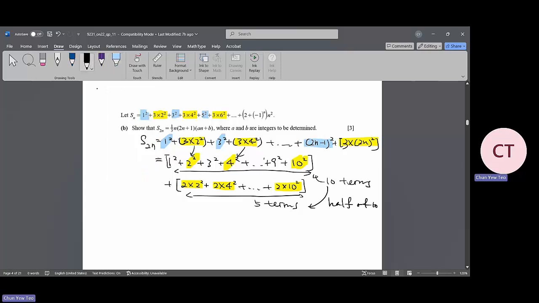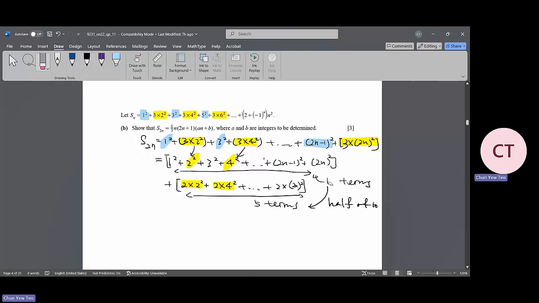Then if we follow the same pattern like just now, we will have this as the 2n minus 1 squared plus the 2n squared. Then this one will have to go until 2n squared. So if we change the value here to become 2n,